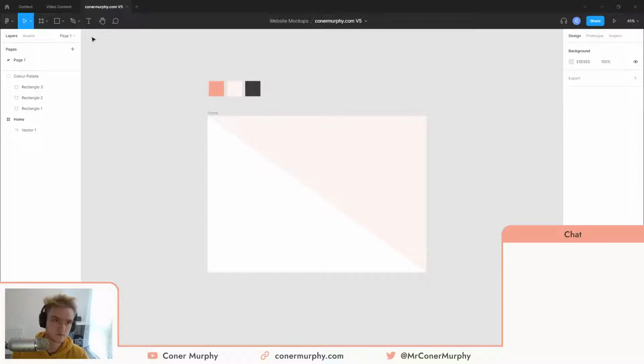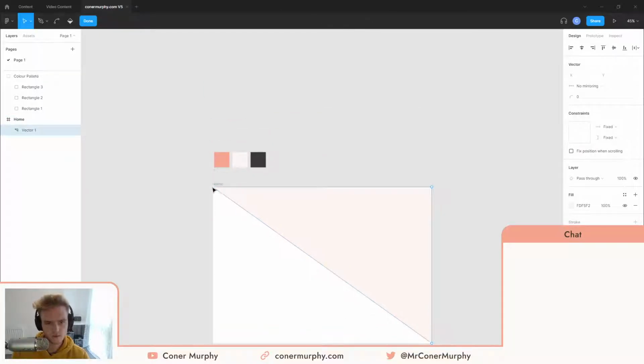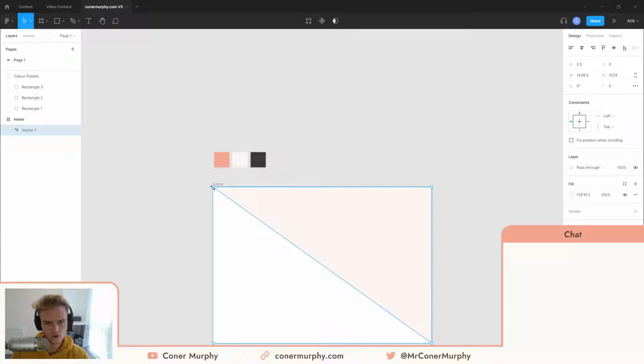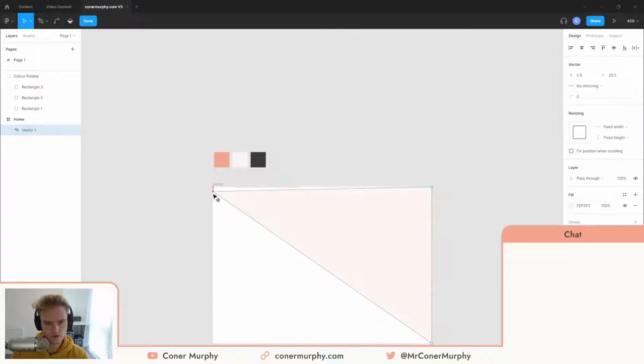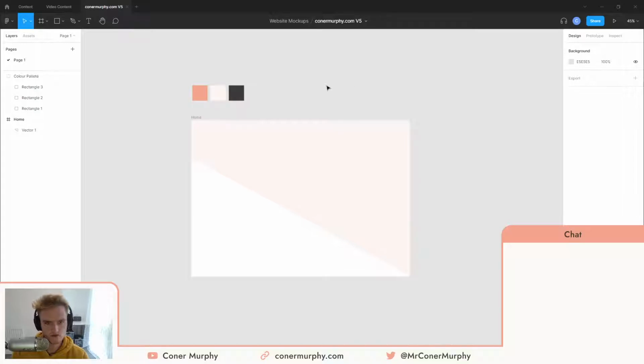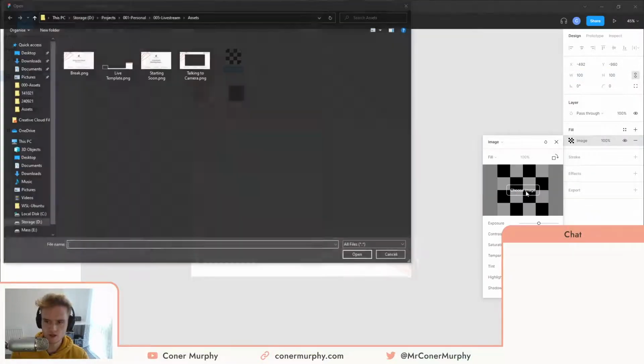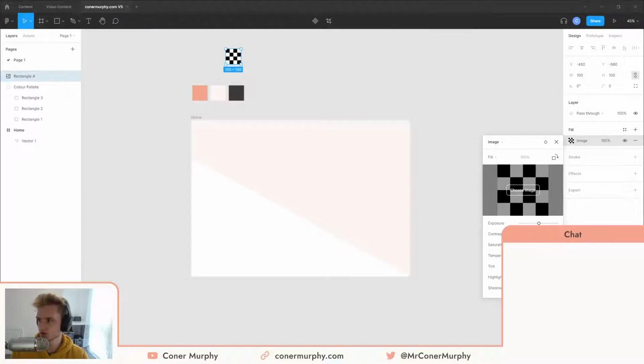And then let's design this in isolation if possible. Actually, just a thought. What about if we insert another point? Yeah, a bit better, maybe. I don't know. So let me just do, let's say 100 pixels. And then just need to change this to an image and find, let me drag that off there and just find quickly